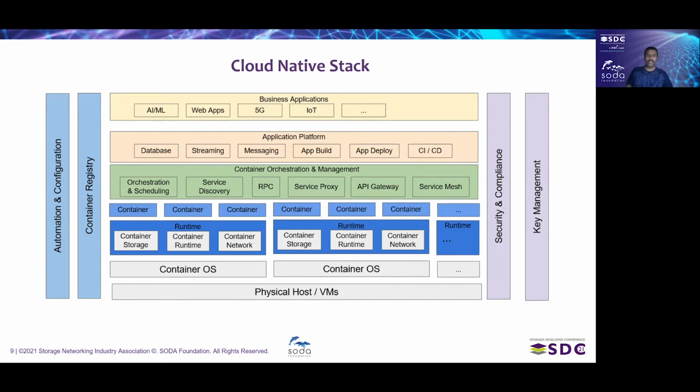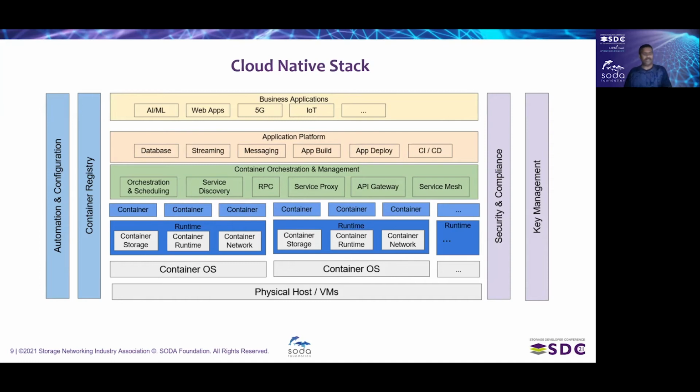One is compute, the container runtime engine, like Docker and so on. Then container storage. So the container storage will be something like CSI, or container storage specification defined APIs that will help you to connect to the storage. And there can be container attached storage also. CAS is another option. And then container network, CNI. Okay, container network interface is CNI, and CSI is for storage, and then compute interfaces. So this is part of runtime.